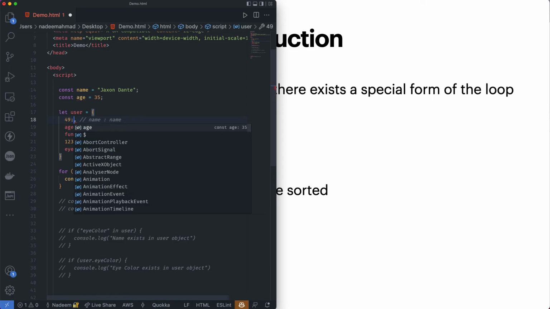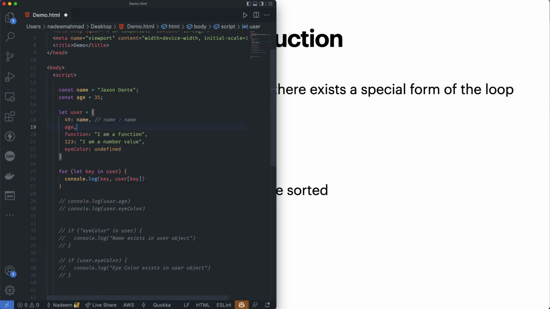For example, the keys are numbers, and for example, we have another key that is, let's call it 12. I'm just giving it a random number, just to clear the concept of how this will be ordered or sorted out when we are looping through the object. And I have another key, for example 18, and this is this value,